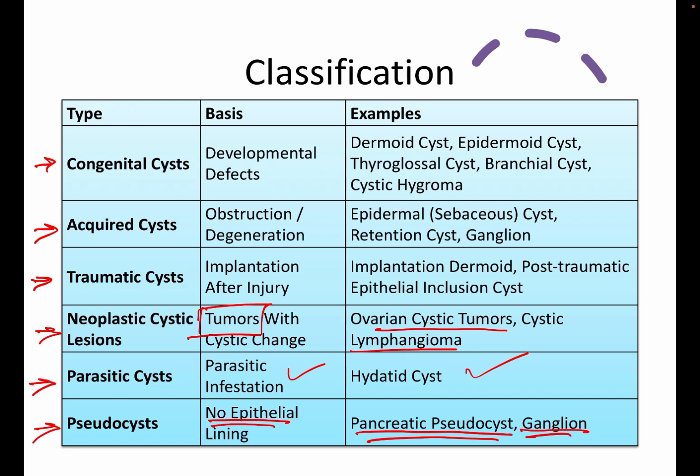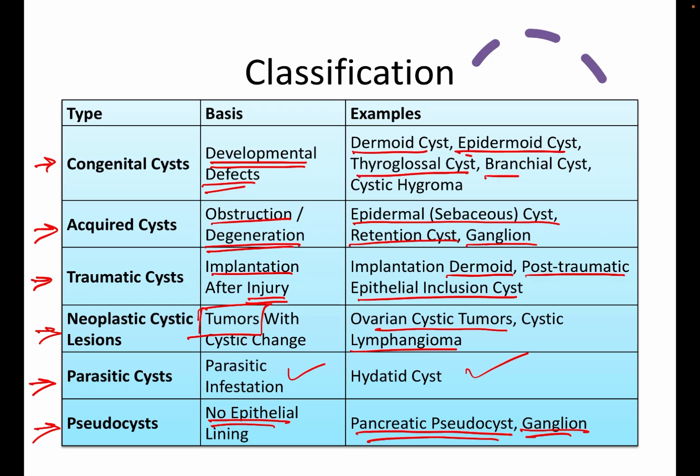Any cyst that occurs after implantation or after injury is called a traumatic cyst. Example, implantation dermoid, post-traumatic epithelial inclusion cyst. Acquired cyst will usually be due to obstruction or degeneration. Examples include sebaceous cyst, retention cyst, or ganglia. Congenital cyst usually comes along the line of development defects like dermoid cyst, epidermoid cyst, thyroglossal cyst, bronchial cyst,